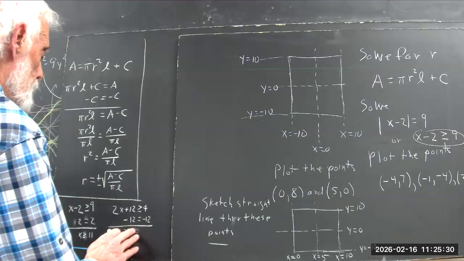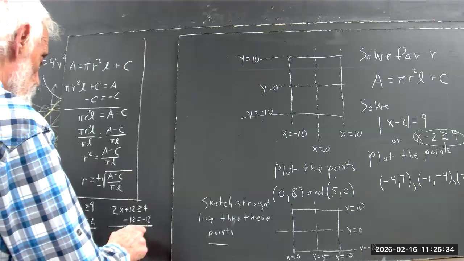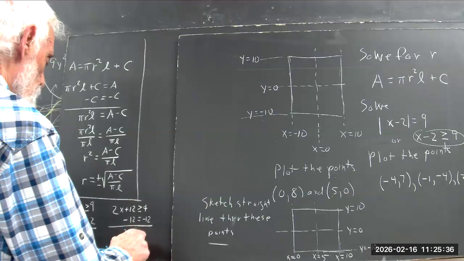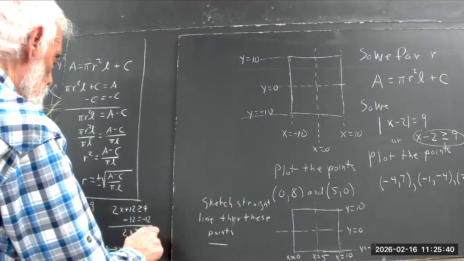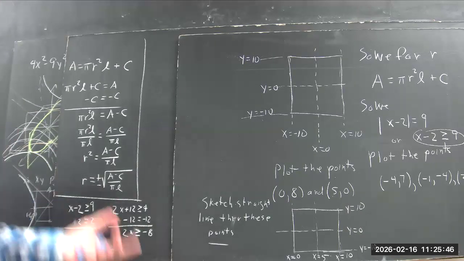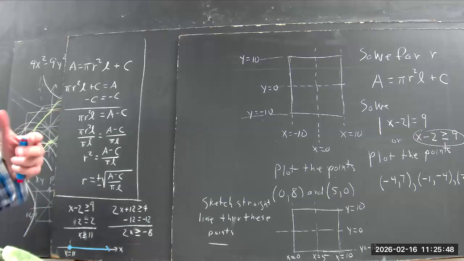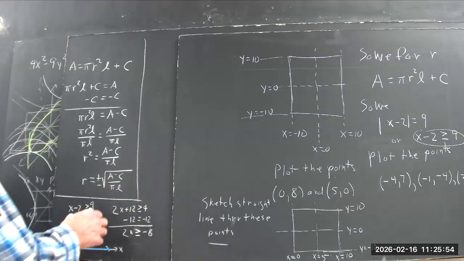And the 4 and the negative 12 gives us negative 8. Now, this still doesn't illustrate what I intended to illustrate. I'm sorry. My brain is, for no good reason,